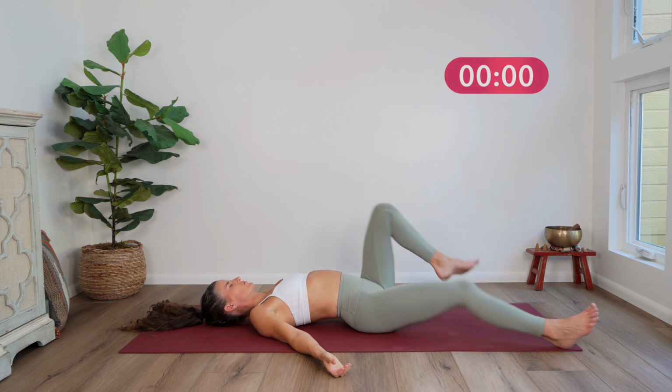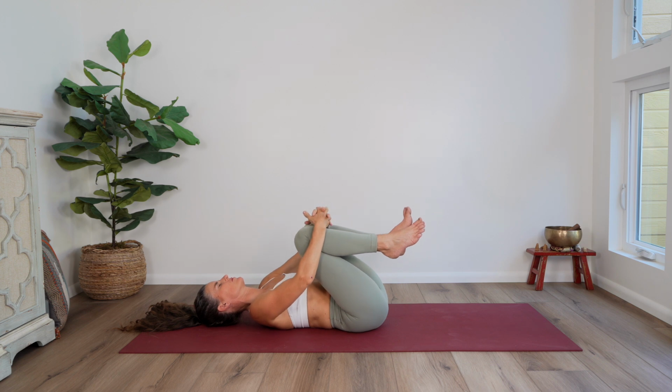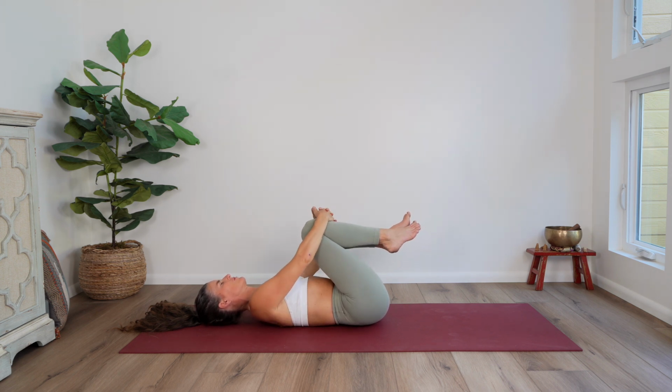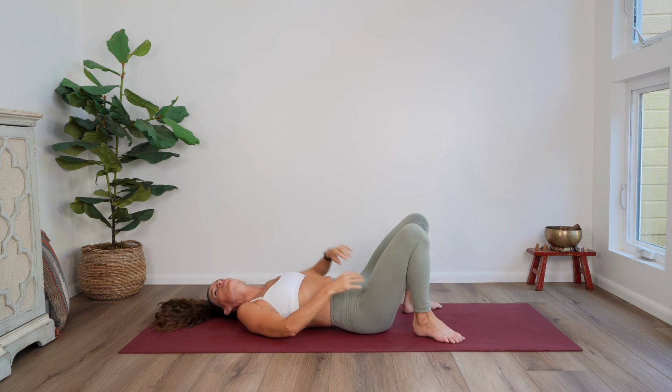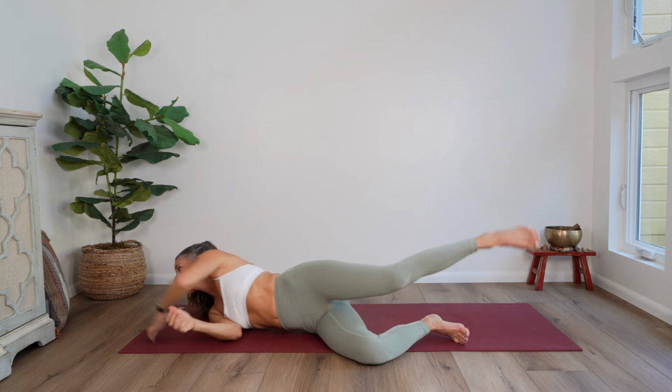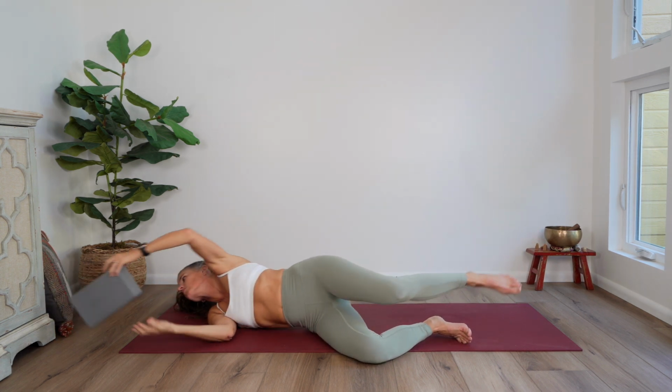Now bend your knees and gently draw them in toward your chest and gently rock side to side to lengthen your low back. Release the legs to find your way into Golden Gate pose, where we'll use a block or a firm cushion